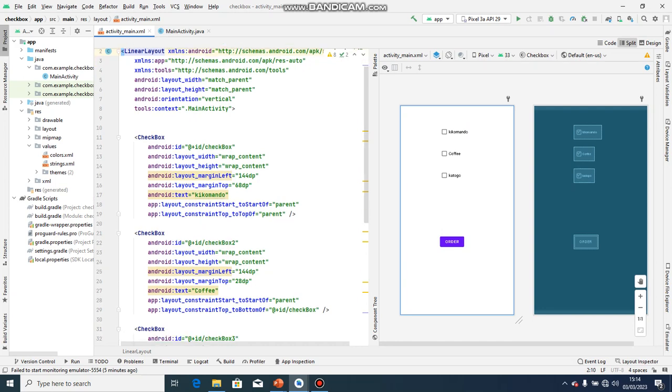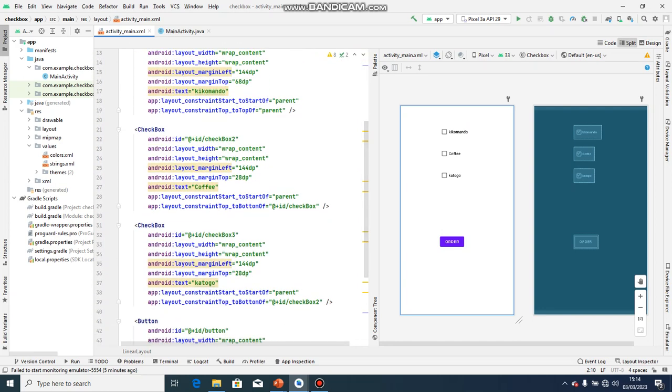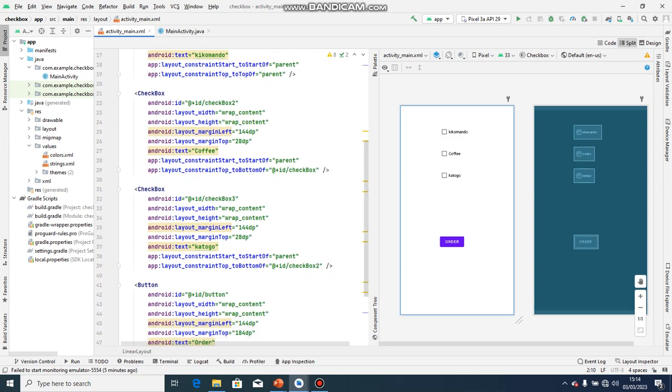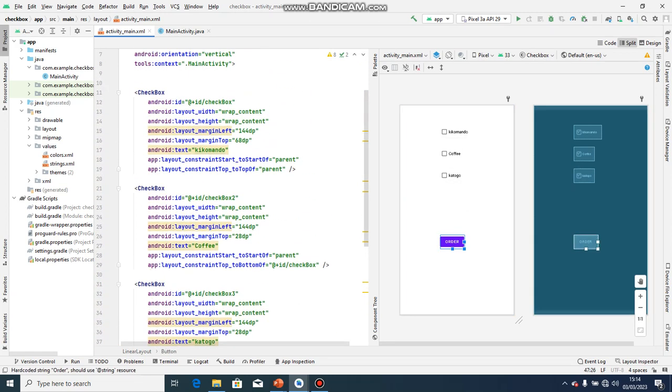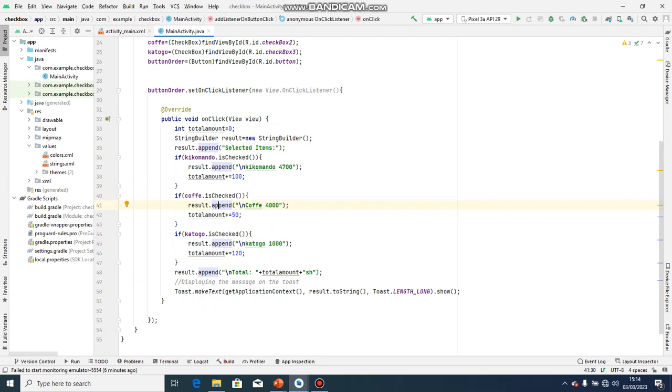So another checkbox below that is Coffee. Then below Coffee there is Katogo. Then after Katogo there is a button for order here, which is the one which is here. So I configured this here in Java, in activity main.java, whereby